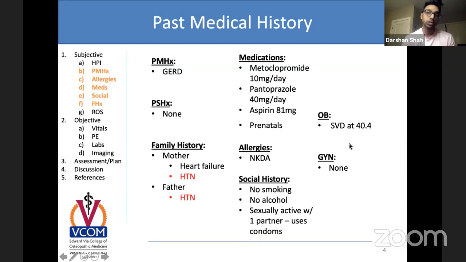And then gynecological history. So what's the difference between OB and GYN, right? OB deals with the pregnancy. GYN relates to all the women parts, right? The vagina, the uterus, the cervix, the fallopian tubes, the ovaries, dealing with those kinds of things. So she doesn't really have a GYN history. Okay, does anyone know the prenatals? It is folate or folic acid. The reason you need that is it can prevent neurological deformities from happening.